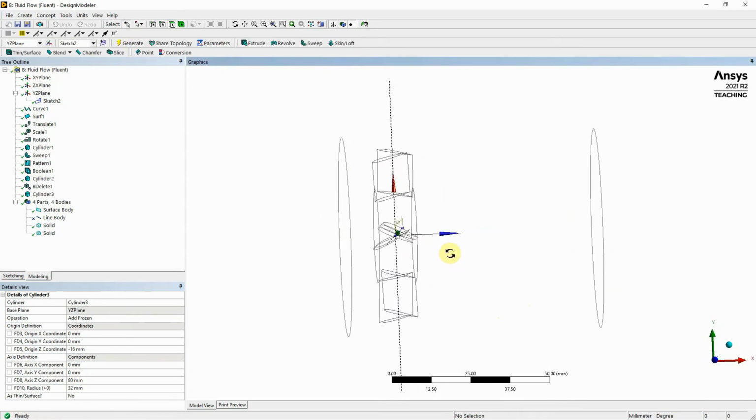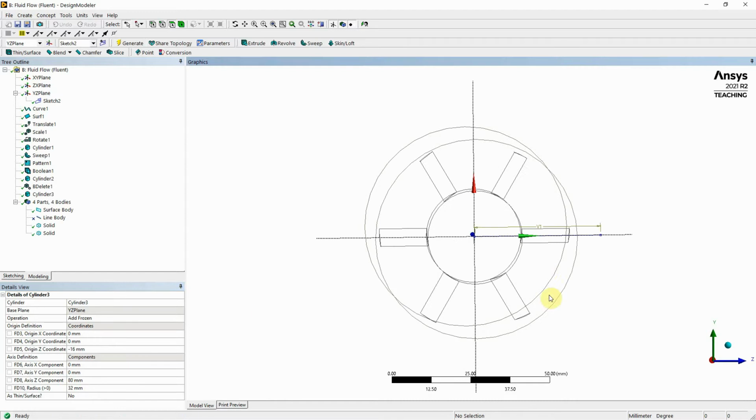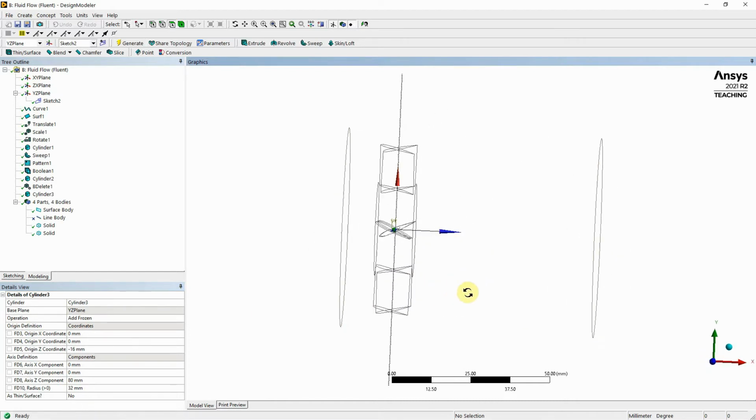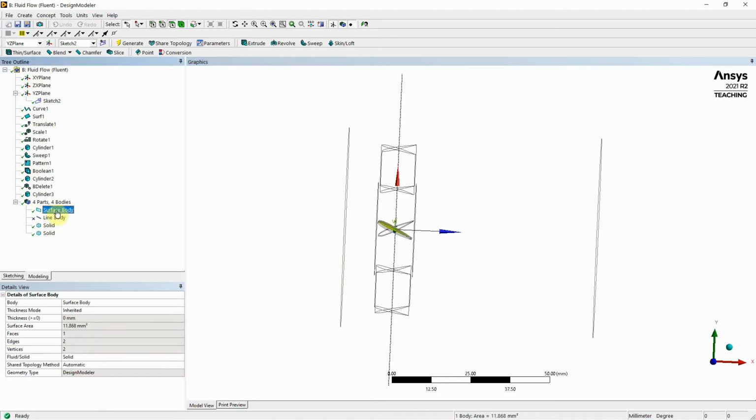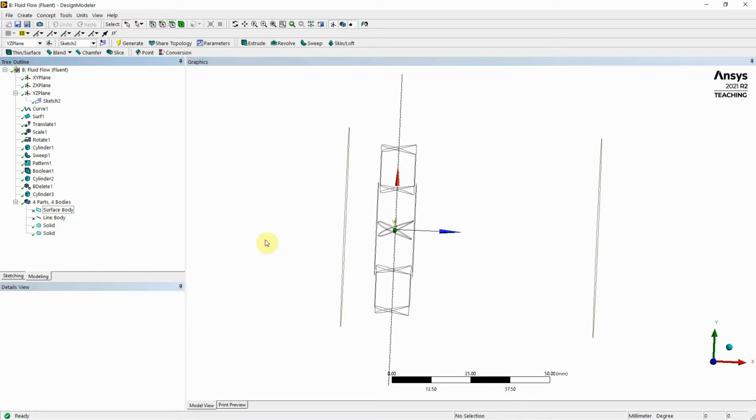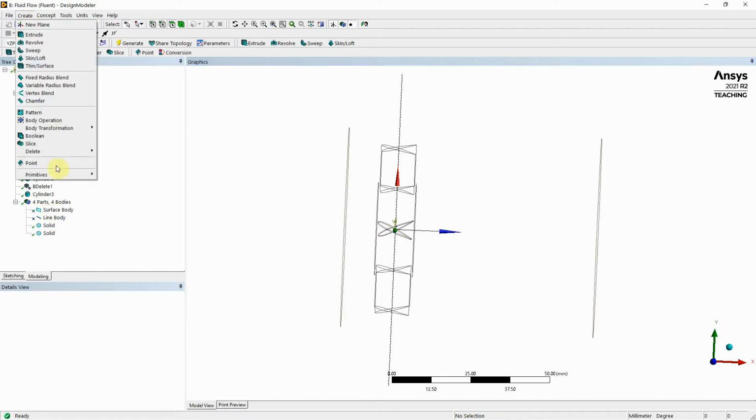And now what we're going to do, because this is going to be rotating inside of here, we need to make a domain which only fits around this, which then allows the fan to rotate at a given RPM. So again, we're just going to see that surface here. We don't need that to be exported, so we can right click, suppress body. We can then create another primitive